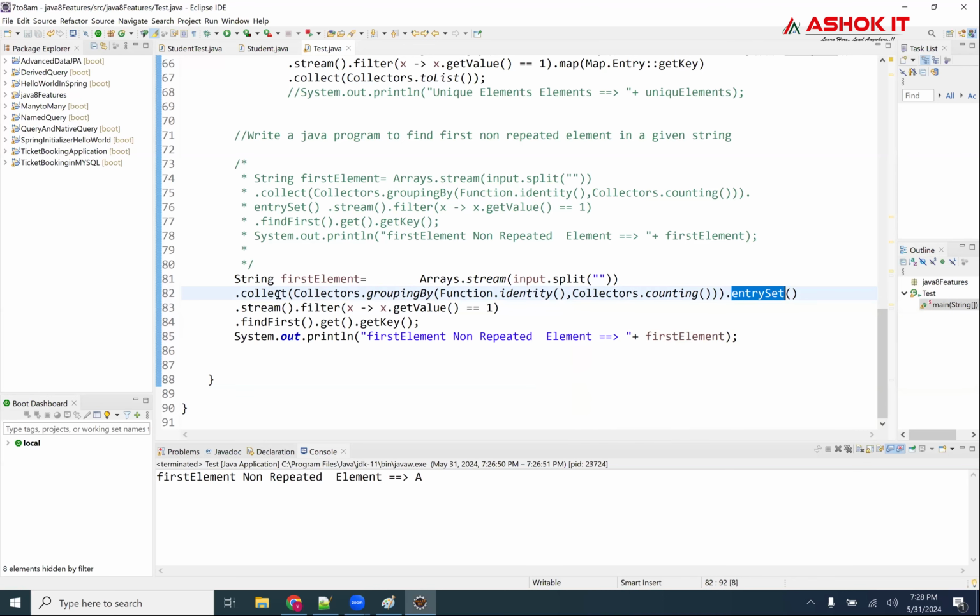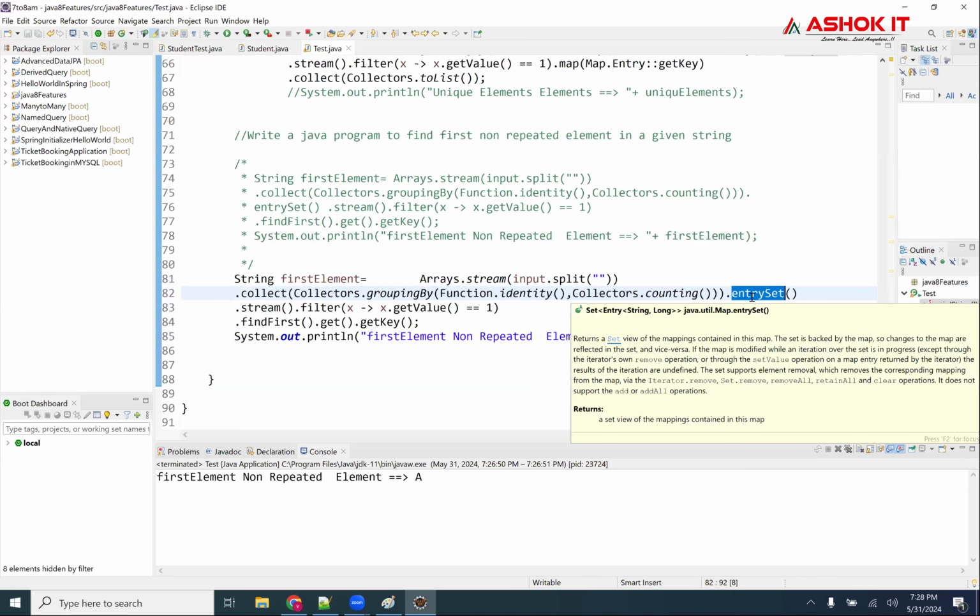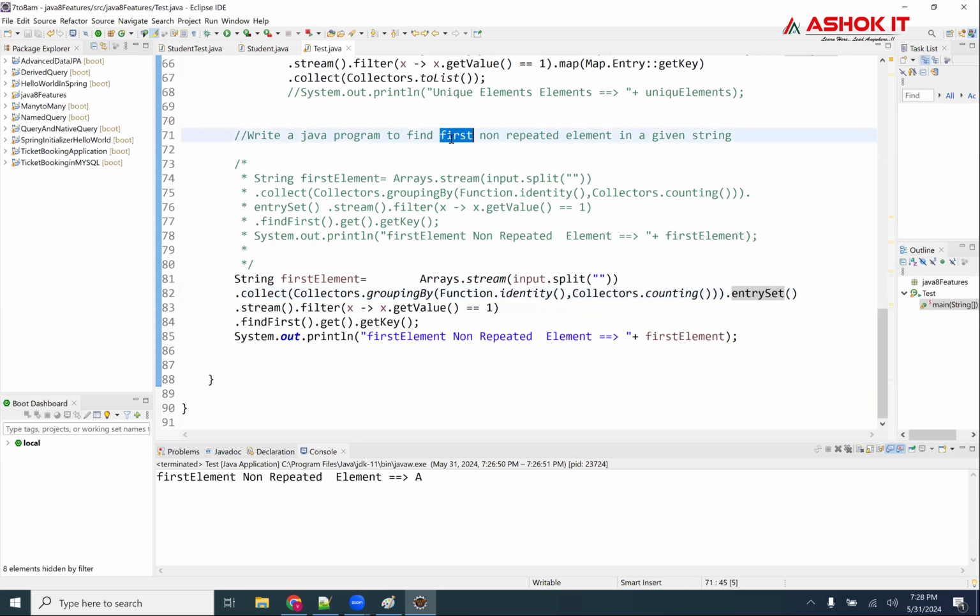So this is going to create a map, right? By default, map will take care of its own order. We don't maintain order. But what is my requirement here? First non-repeated element. So the order in which I write, in the same order, I want that. How to do that? Which data structure will give me the order which I write?